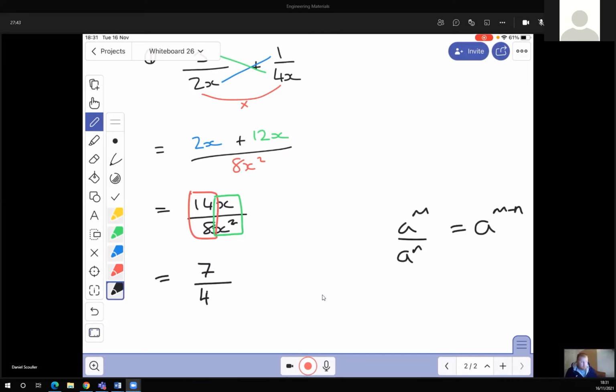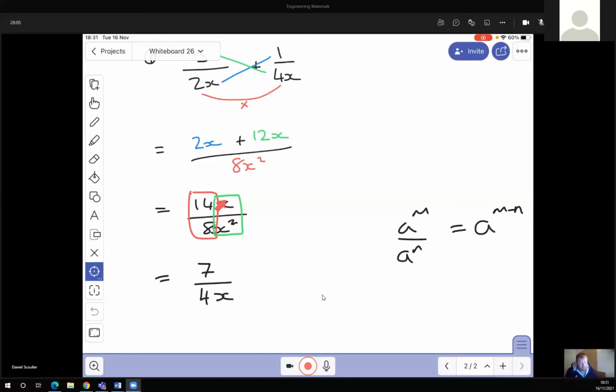Okay. Remember that rule from last week. So we can take away that x from the top. So we're getting x to the -1, which becomes x in the bottom line. So essentially